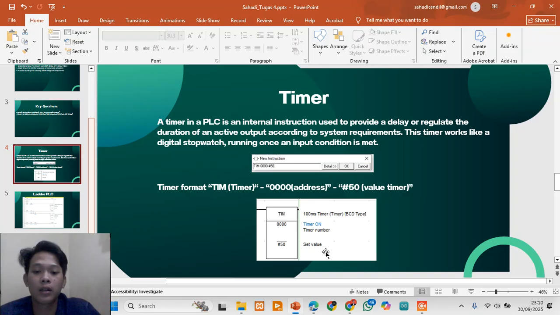That's TOF, or off delay. That's the beauty of timers. They give us more control than just immediate on or off of the system.